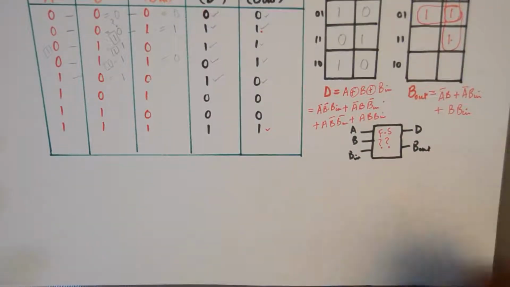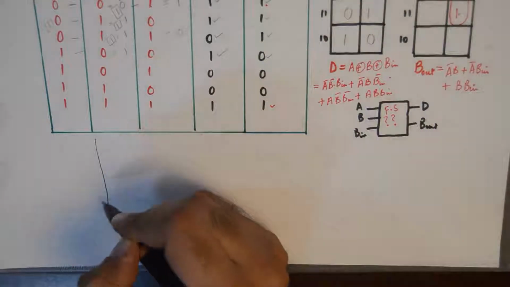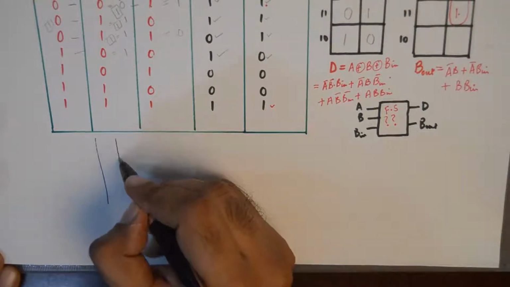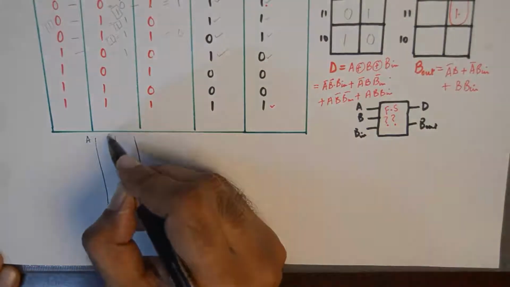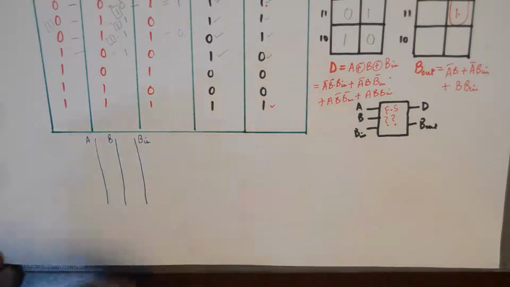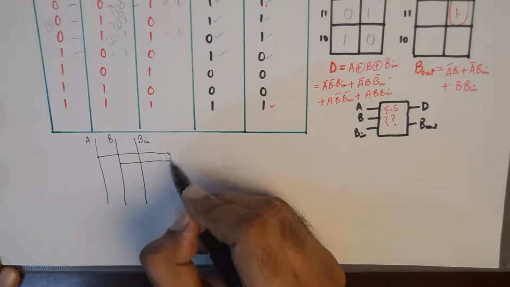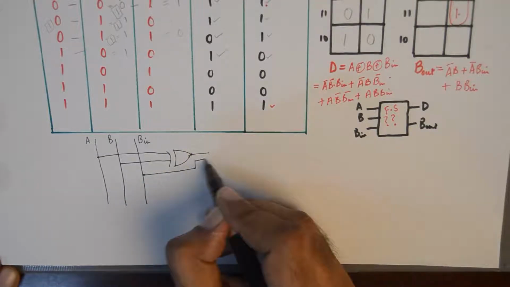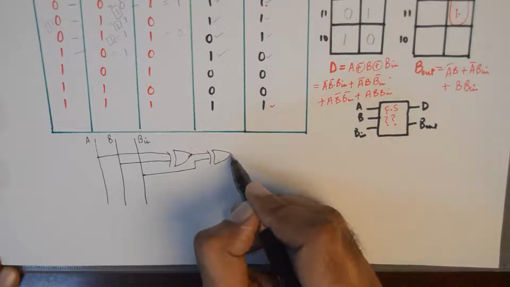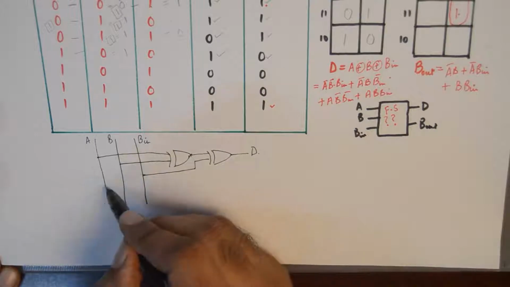And if we go on to draw its logic circuit, we'll take 3 inputs, A, B and B in. So we'll take A and B first, we'll XOR it, then we'll take B in and we'll further XOR it to get the difference,